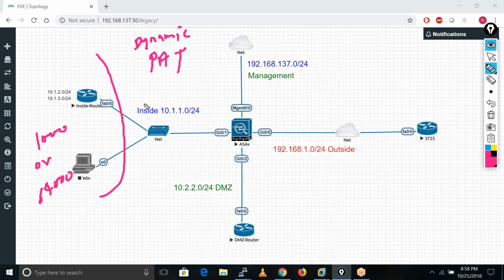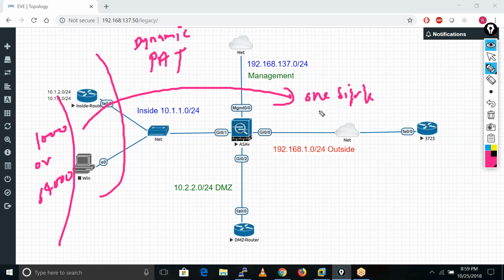We can do the translation for this number of users on one single IP address by using PAT. PAT works on port address translation.